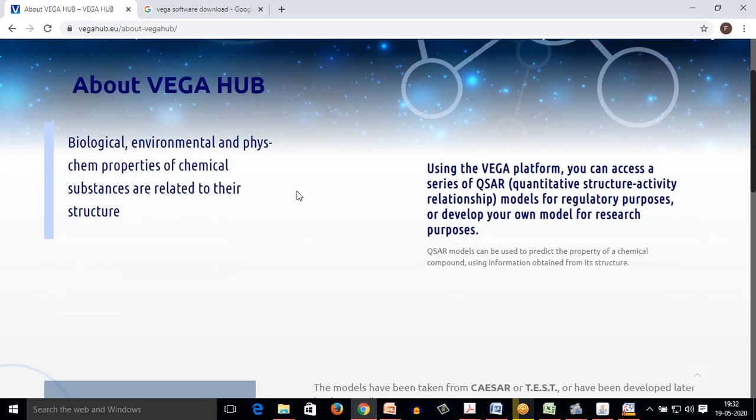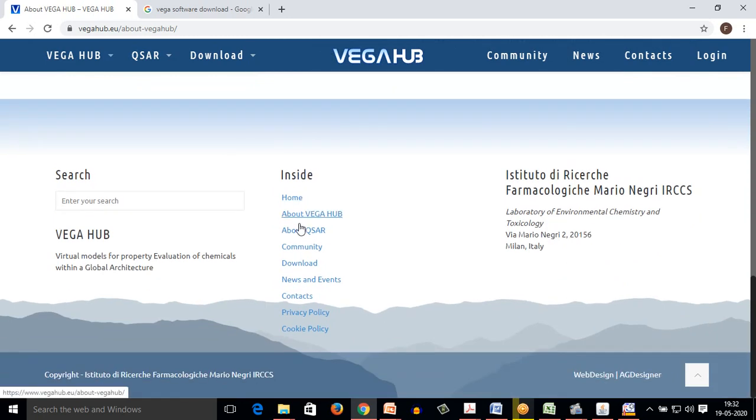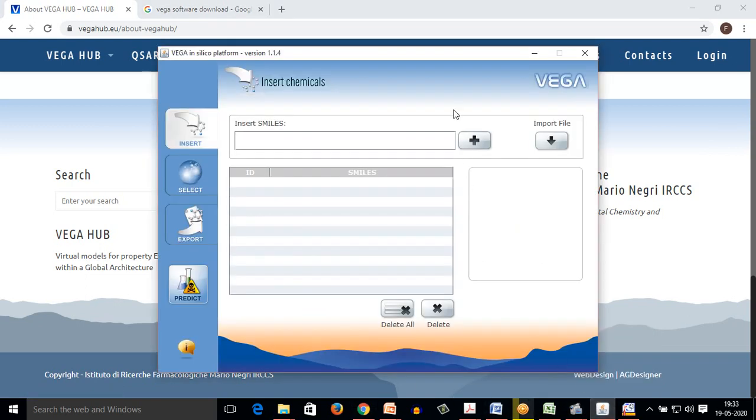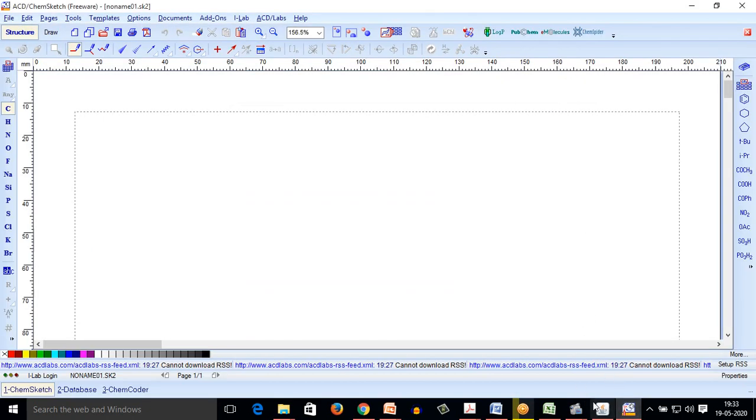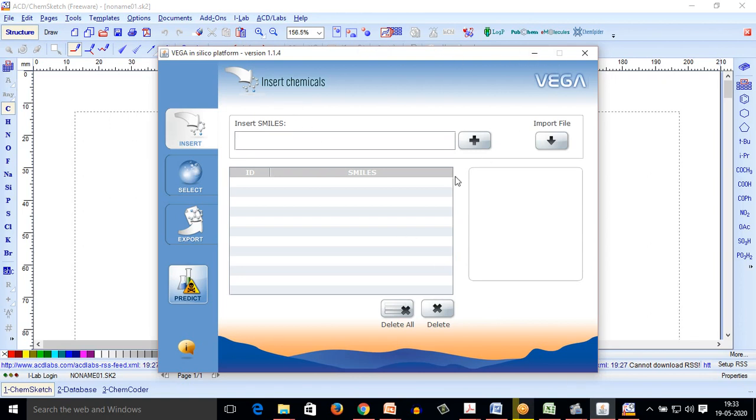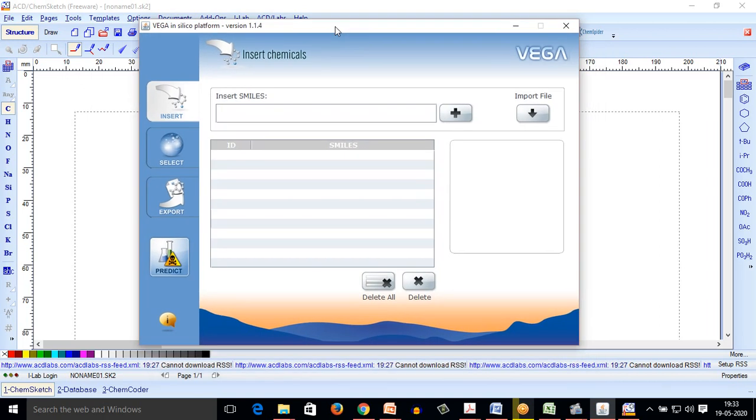Now, you can easily download it by going to the bottom and clicking on the download section. It is free. As you can see, I have downloaded the software earlier on my PC and the page looks like this.